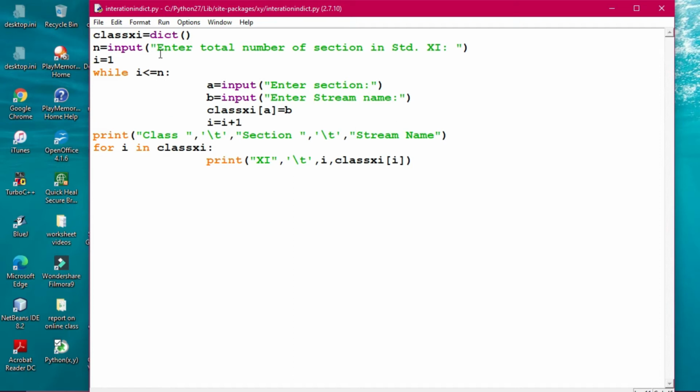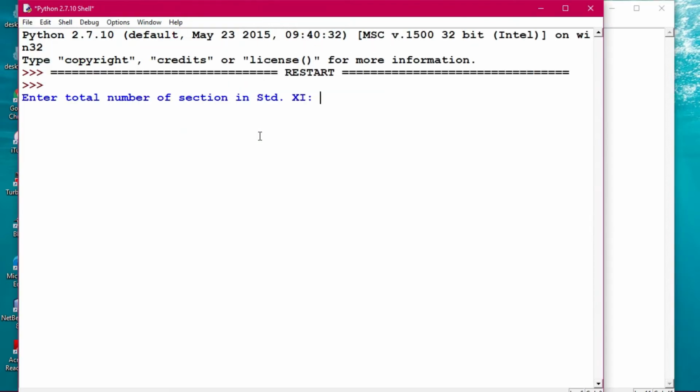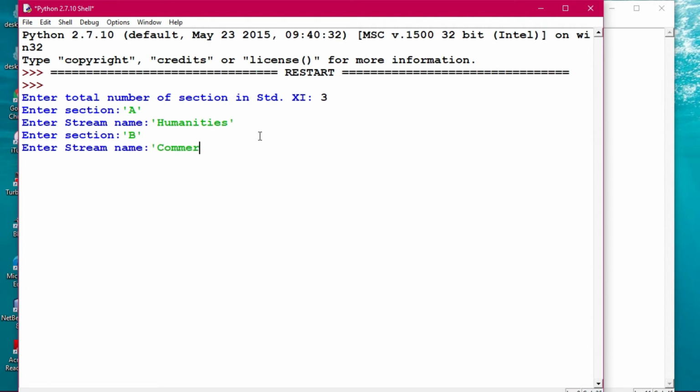Understood? So let's see once more, we will execute this program and see once. Okay, so you are giving out here, say, sections are 3. Okay, section A. Stream name is humanities. Okay, now I'm giving another set, B, commerce, and then C, science, and then finished, then printing.